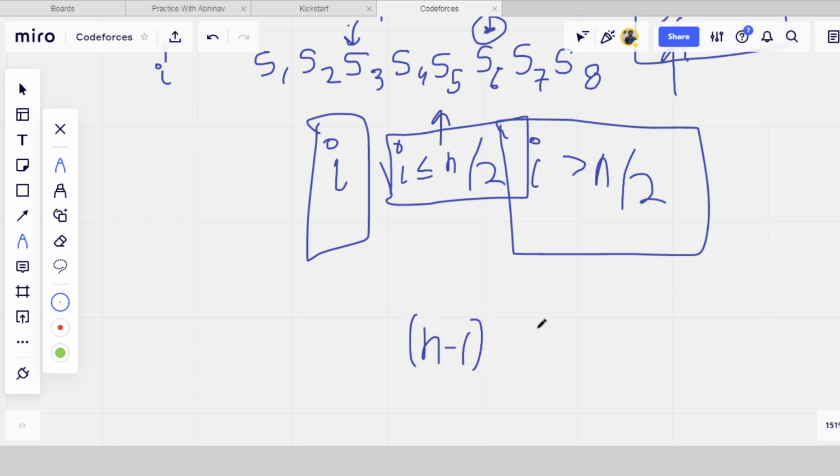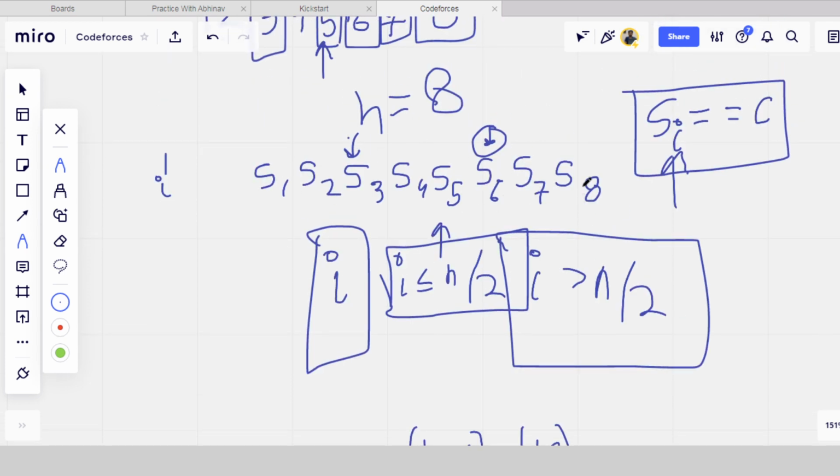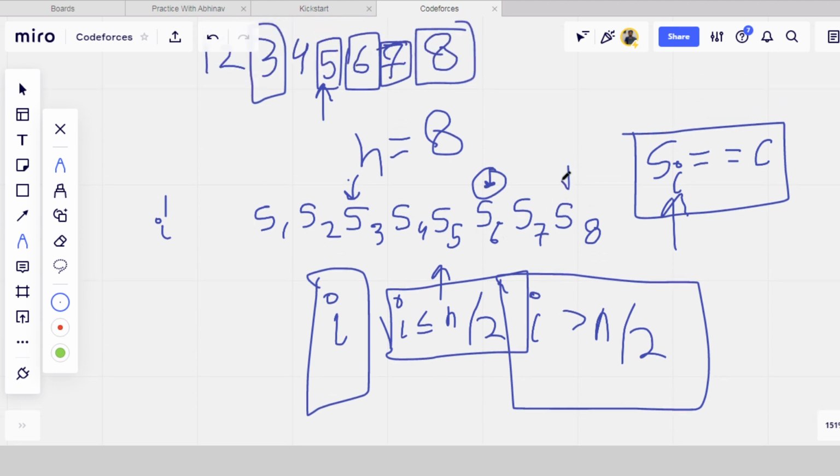Why n minus 1 and n? Because when we convert n minus 1, then all the characters other than n minus 1 will be changed, and when we take n, then all the characters other than the nth index will be changed to c. तो जब भी देखो, अगर मान लो c वाला पहले से ही c है, आखिरी वाला, तो हम लोग इसको ही मान लेंगे x, बाकी सबको चेंज कर लेंगे c में. मान लो ये वाला c है, इसके बाद कोई भी c नहीं है, तो अगर हम लोग उसको मानते हैं तो बाकी सब तो चेंज हो जाएंगे, पर ये नहीं चेंज होगा, और ये पहले c है भी नहीं. तो हम लोग एक बार n-1 को मान लेंगे, तो बाकी सब c हो जाएंगे, फिर इसको मान लेंगे, ये भी c हो जाएगा. 2 स्टेप में हमारा काम हो जाएगा, इससे ज़्यादा ऑपरेशन नहीं लगेंगे.